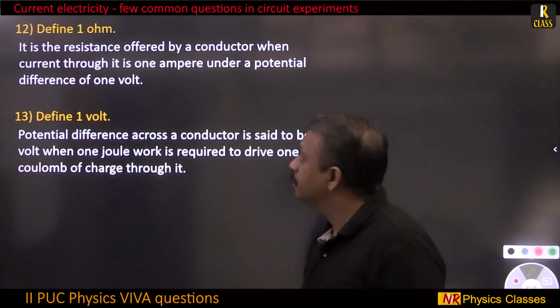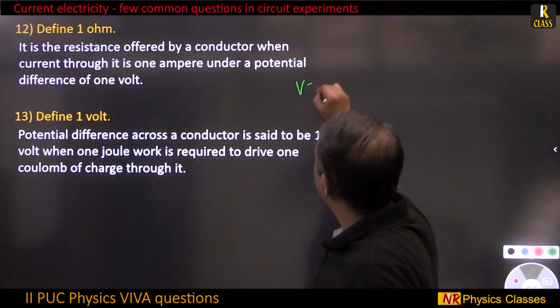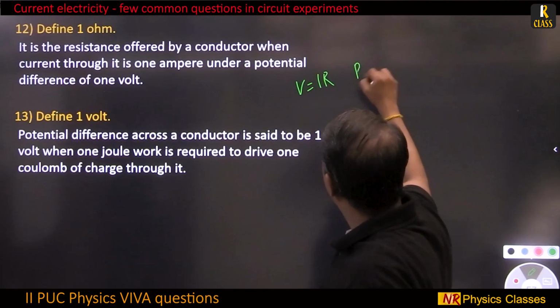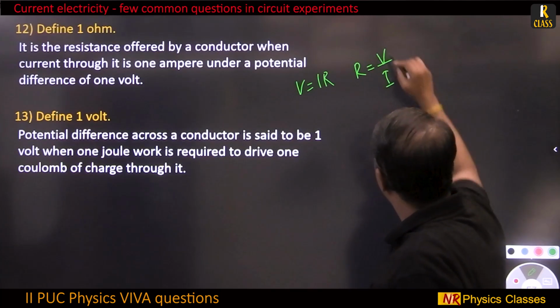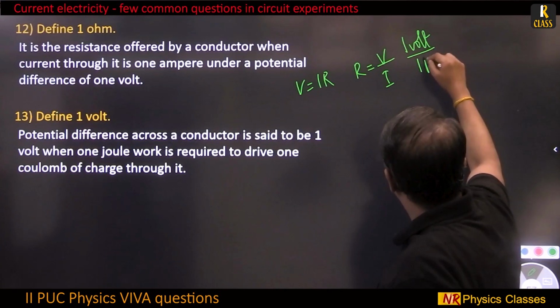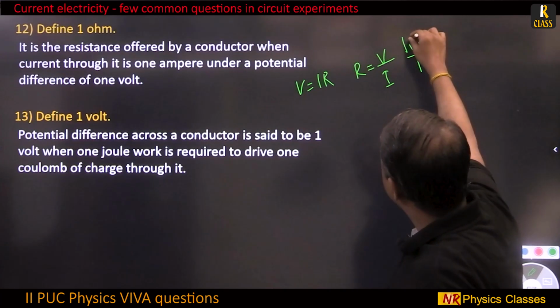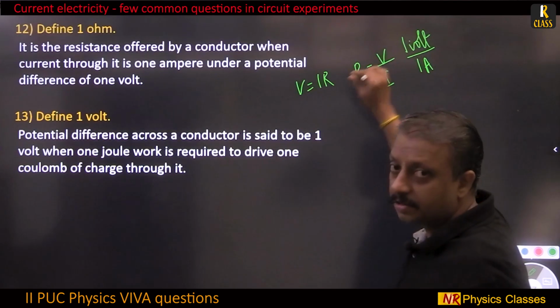Define 1 ohm. Use Ohm's law, V equal to IR, R equal to V by I. When this is 1 volt and this is 1 ampere: if 1 ampere current is found with 1 volt potential difference, then the resistance of the conductor is said to